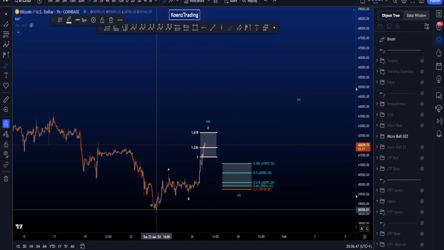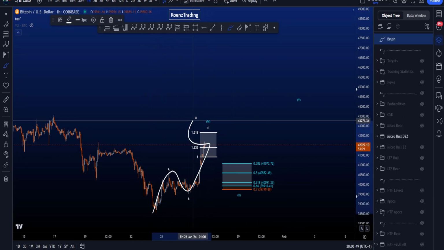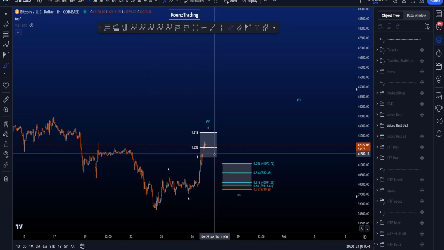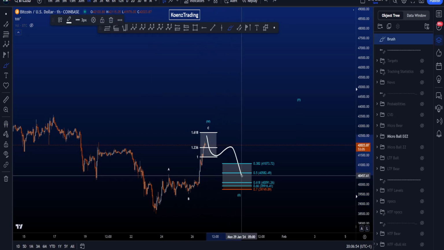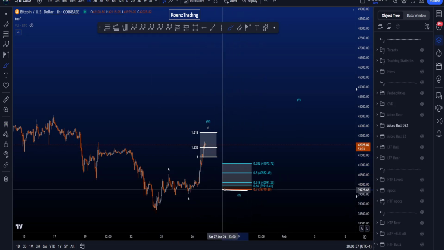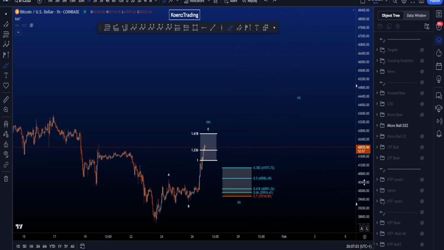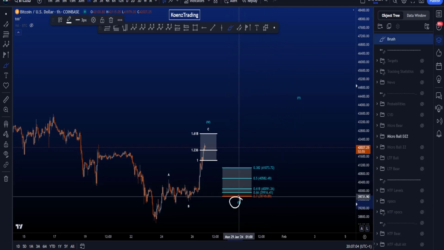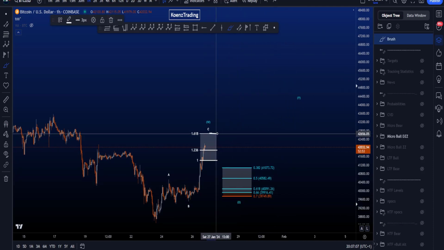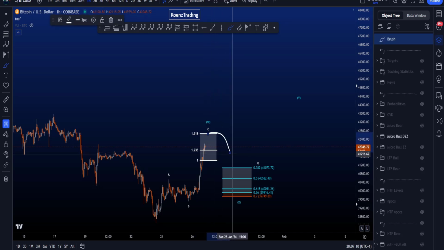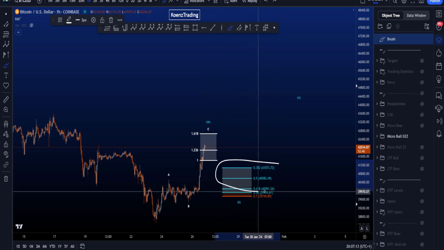The low won't be taken, but we have an ABC to the upside, a 3-wave structure in a wave W, looking for a 3-wave corrective structure in a wave X, where again we don't want to see that 0.7 Fib hit, after which we then look for another 3-wave move to the upside in a wave Y. A common target area for your wave X, if price can make it to the resistance area here at about 42.7k and reject, is between 41k and